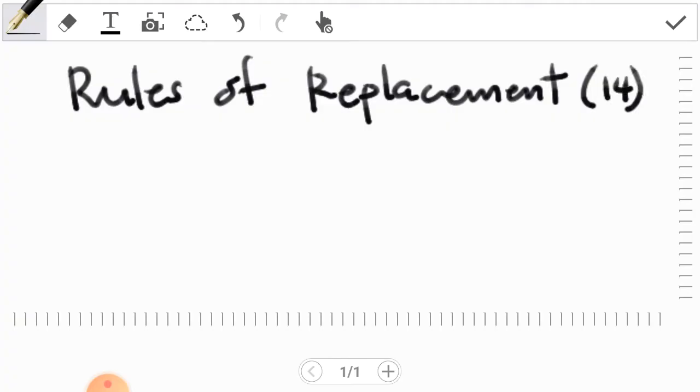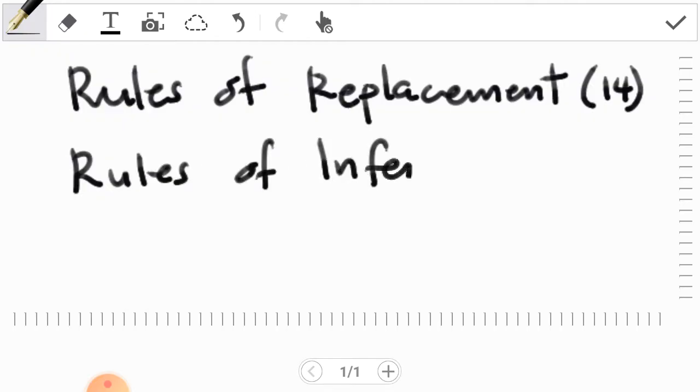Then after the rules of replacement, we have considered last time our rules of inference. And under rules of inference, we have listed down 9. And under rules of inference, we normally use this